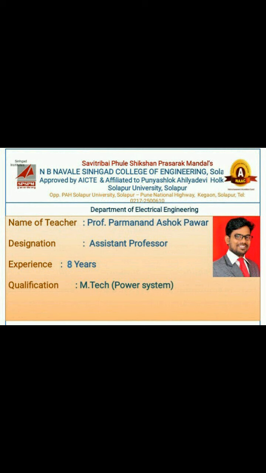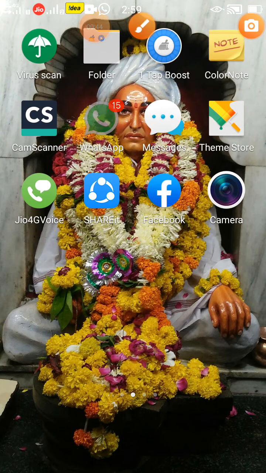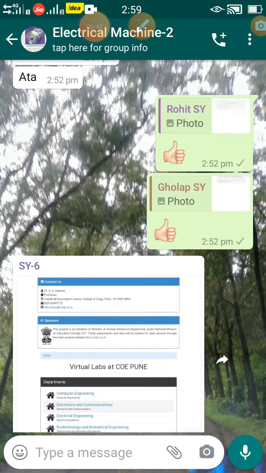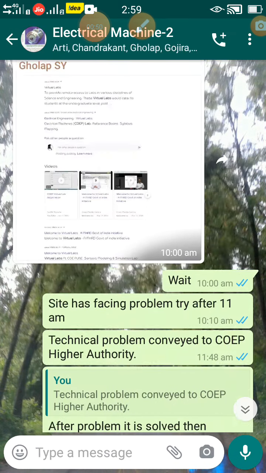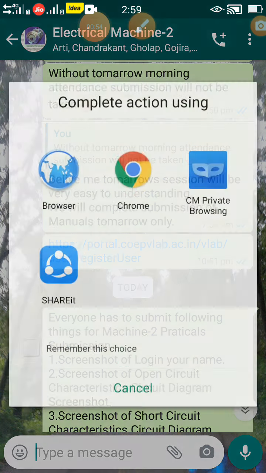Today we are discussing in detail how the virtual lab is used for performing experiments. So we will start to discuss how the virtual lab is working. First of all, click the link which is given to you. That link is COEP